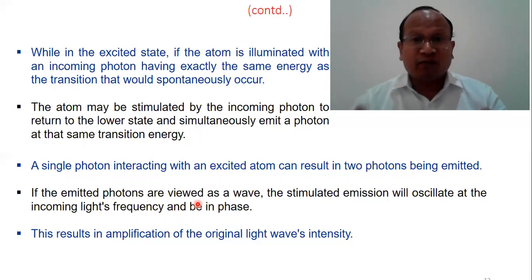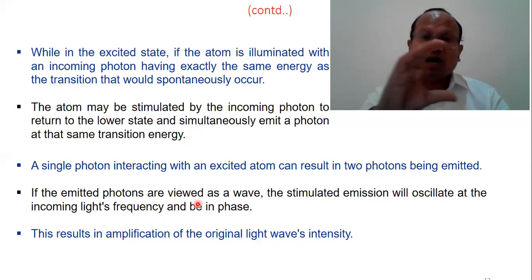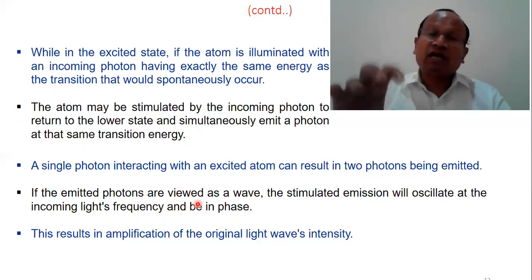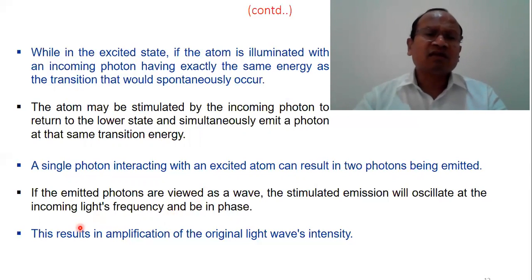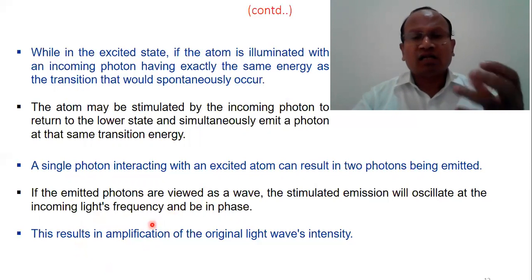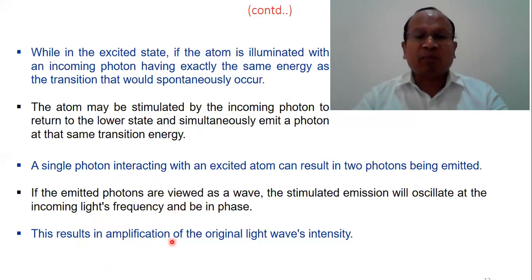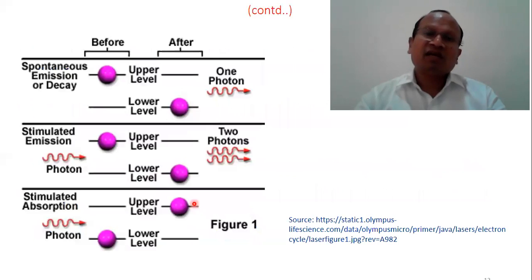And all those photons will therefore have the same frequency and same phase. So they will be synchronized, and they will constitute a beam called a coherent beam. This is the outcome, and that outcome results in amplification of the original light wave intensity. If one wave is there, more and more waves are added up, and the sum of all the waves results in an amplified version of light, which we generally call a light beam with higher intensity. So we get a powerful beam in the case of stimulated emission as compared to